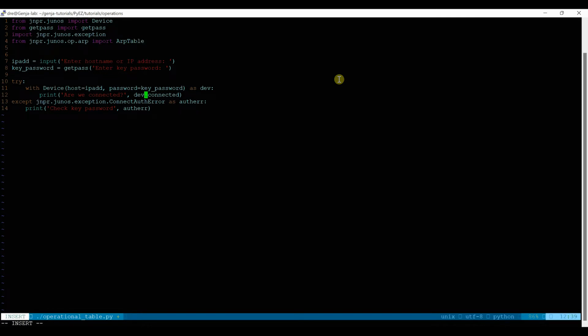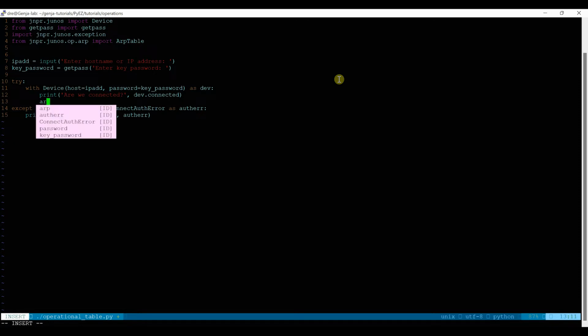And then, so now we've imported the module, but we need to make use of it. Basically this is a class, so we need to create an object of the ARP table class. So we'll insert that underneath this statement here. We're going to put arp_table equal to ARPTable, and we